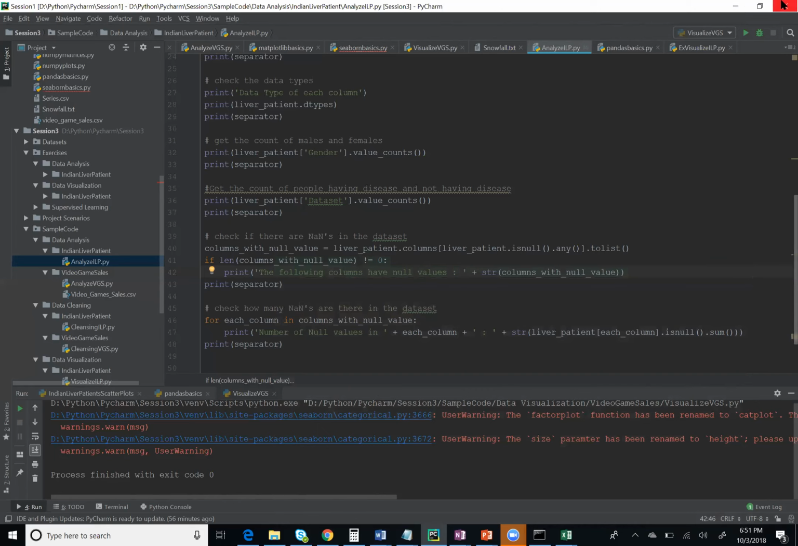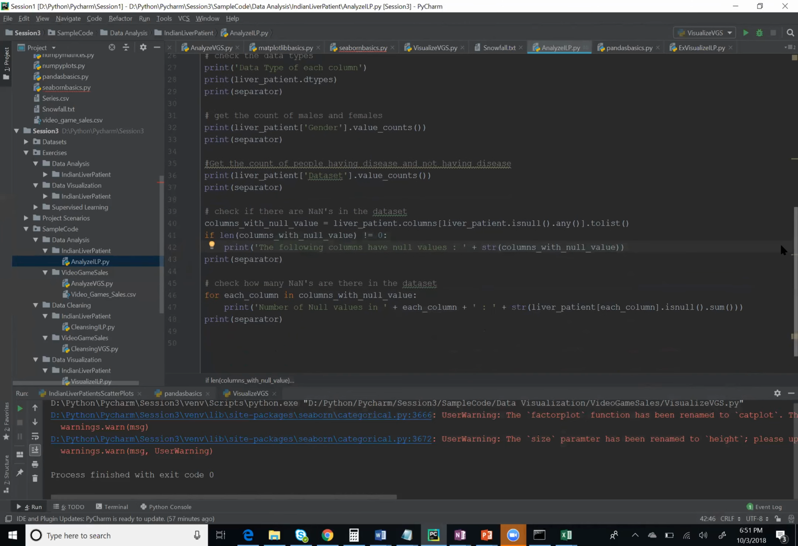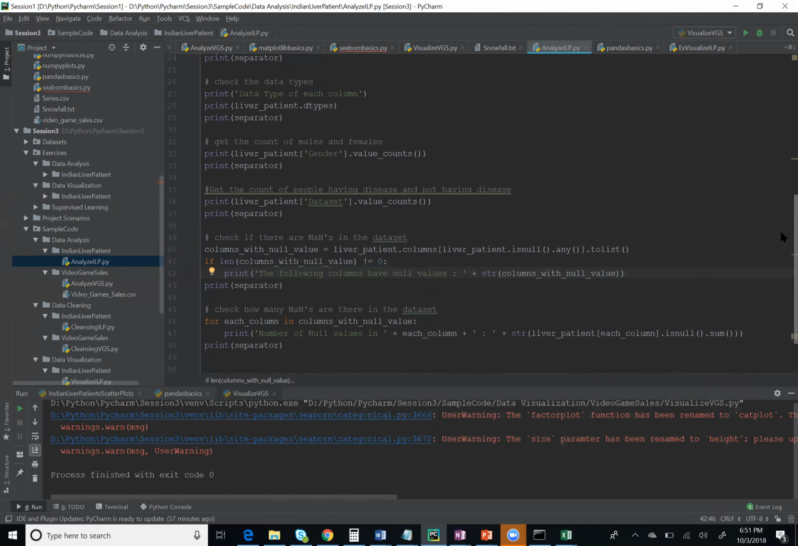NaN means not a number. So the number of null values in that particular thing. So let's do a quick exercise to see how many NaN values are there in the data set. The reason is that pandas gives you this additional